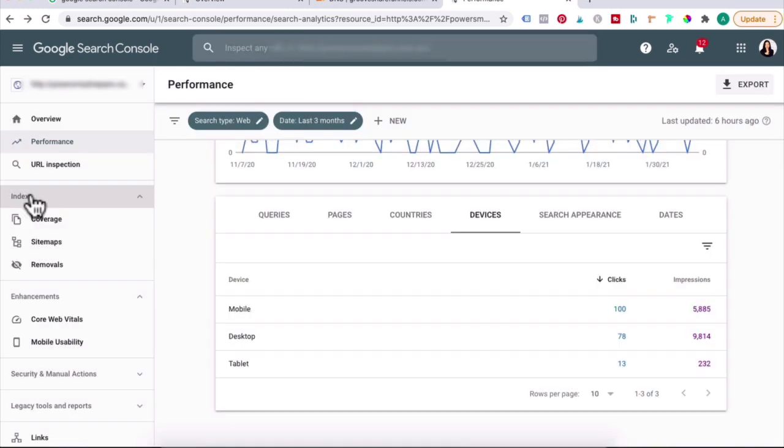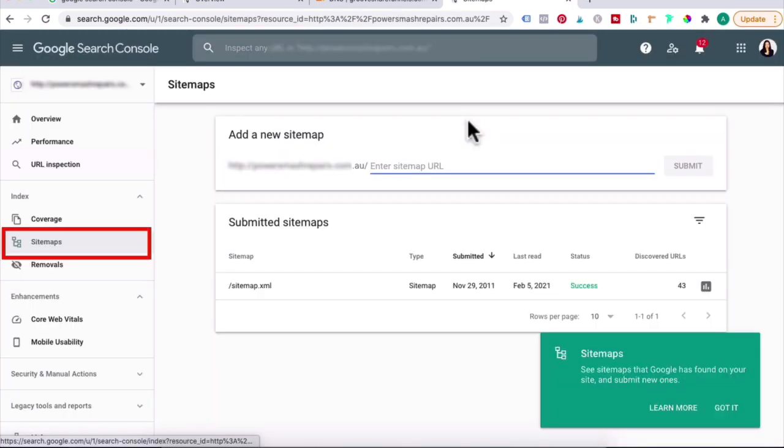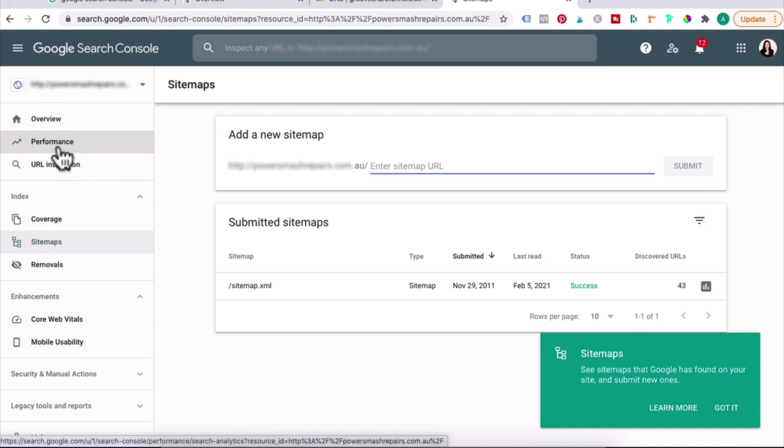One of the most important features of using Google Search Console is submitting your sitemap so that Google can crawl all of your pages. Now, GroovePages doesn't have a sitemap feature yet, but when that is available, you can go here and submit your sitemap's URL address and click on submit. Now, some of you might say, I want to submit my sitemap. You can build it manually, but what I found is that even without submitting the sitemap, once you start creating content, Google will eventually index your pages and you'll find those pages under performance and view the metrics and data for total clicks and impressions.